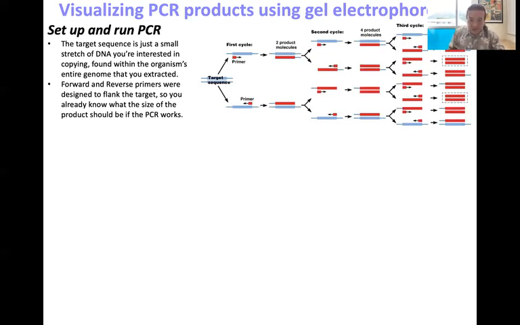Let's say the way you want to analyze or identify what the organism is is that you know there's a particular gene in there that you are familiar with the sequence of, and you know how it varies from one species of something like a fly, for example, to another closely related species that might visually be very hard to identify if you were just to look at two of these flies. But you know that the genetic sequence of a particular gene is slightly different, and it's been cataloged